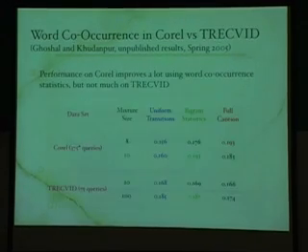How does this do? Well, a fair bit better. So remember, I had 0.193 for the Corel in the last slide. That was with the bigram statistics. So in the case of the Corel data, the word co-occurrences improve a lot. You go up from 0.156 or 0.16 to 0.193. That's like a 20-25% relative improvement.